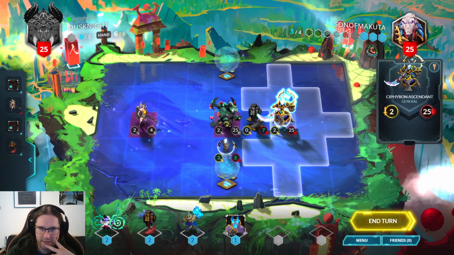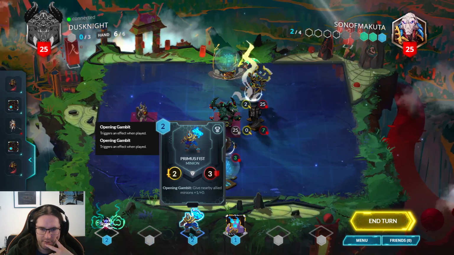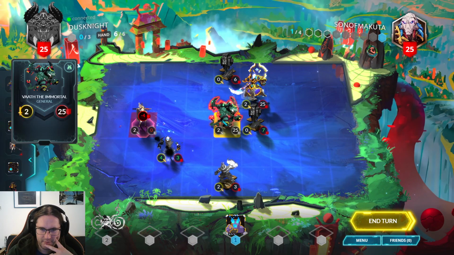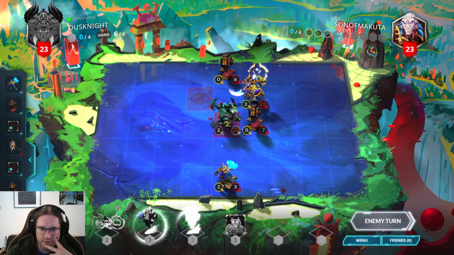We're way off Plasma Storm yet. I think we can go... Second Obelisk up here. Primus Fist down here. Kill this. Attack them? Yeah. I'm a bit low on cards that do anything, so...